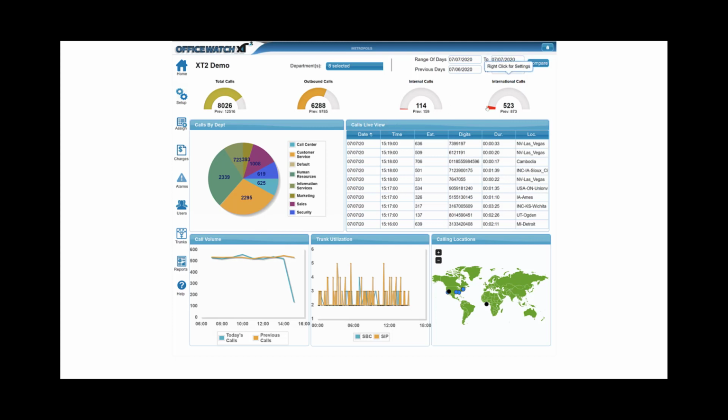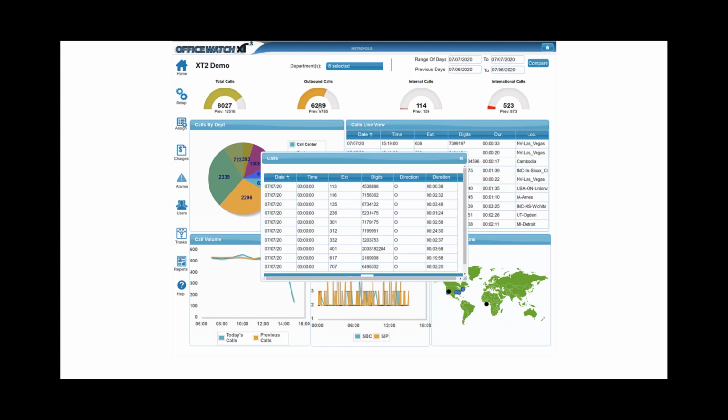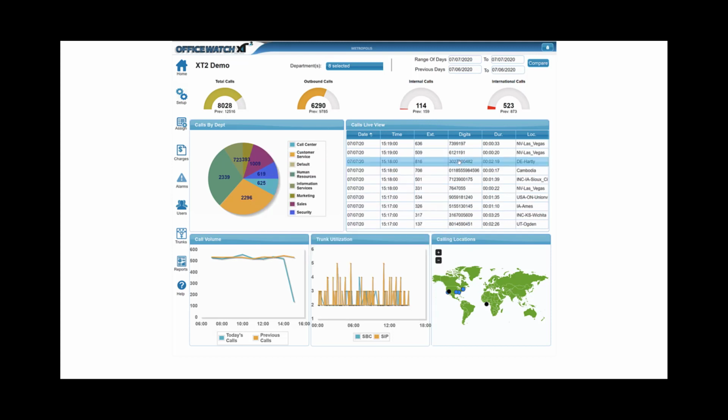So if you'll notice, we had 873 international calls during the previous period. You start to notice thousands of international calls. That could be another instance of toll fraud, right? So again, very handy. You can drill into these as well. I just simply click and see over the course of the day all those previous outbound calls or all those calls today,